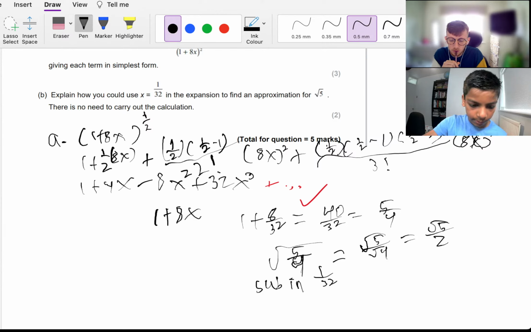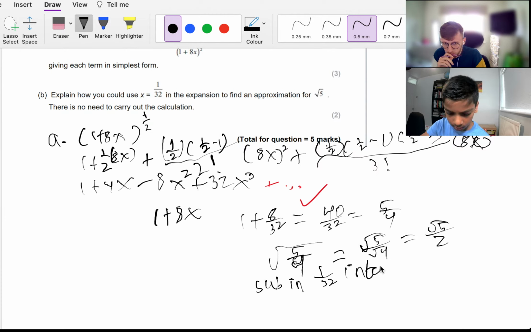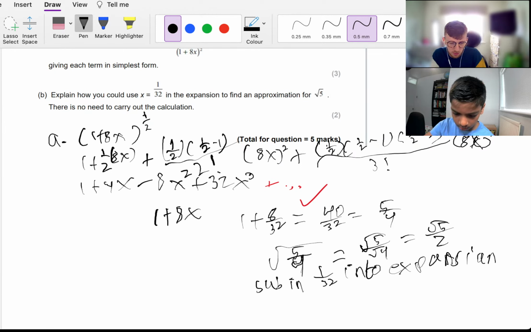And also the reason why we can't do 5 already is because x has to be less than 1/8. So good, yeah, x has to be 1/8. That's right. So if we sub in 1 in 32 into the expansion, that's important that you're explaining, and the marks will expect you to explain that you're substituting 1 in 32 into the 1 plus 4x minus 8x squared plus 32x cubed, so into your expansion, and then do what? And then multiply by